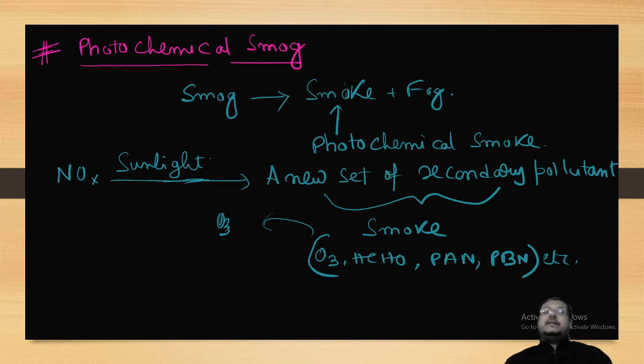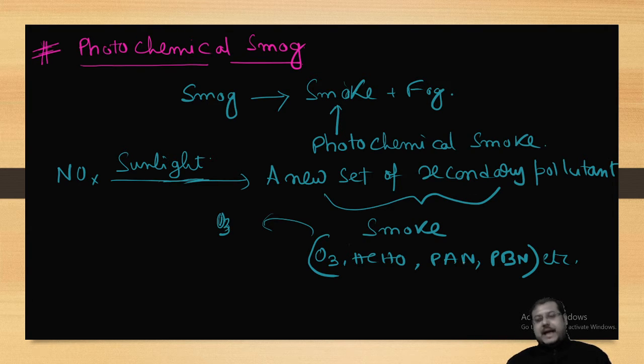Why ozone? इसको समझने के लिए हमको समझना पड़ेगा photochemical smog. And smog, the term is actually coming from smoke plus fog, where fog is our natural phenomena, but the smoke is photochemical smoke. What is that smoke? The smoke is the oxides of nitrogen in the presence of sunlight. They react with each other and form a new set of secondary pollutant like ozone,